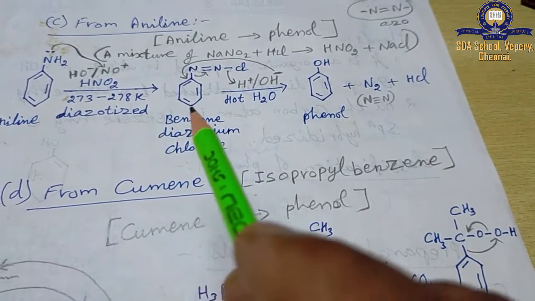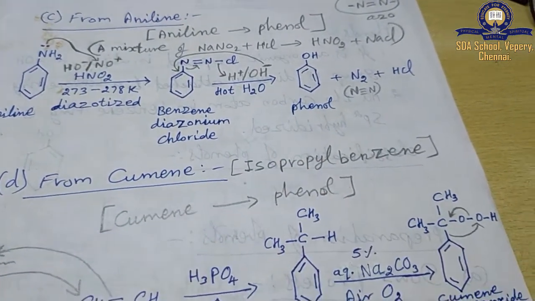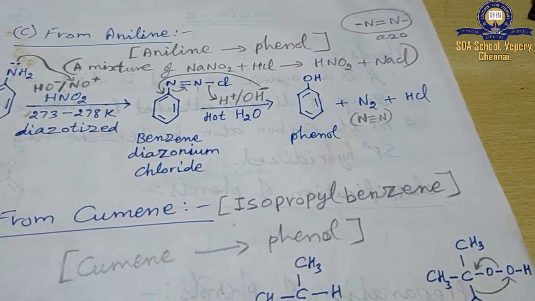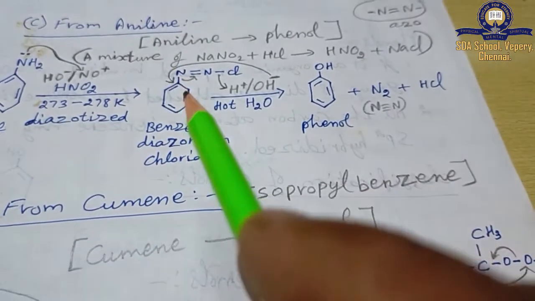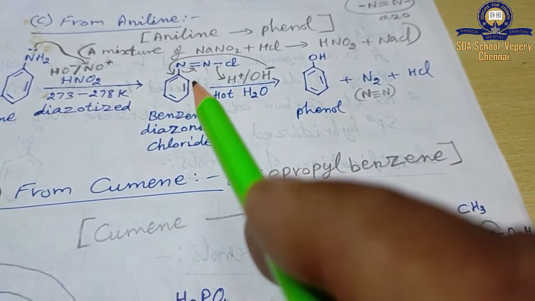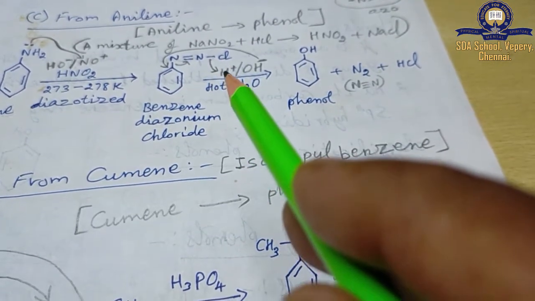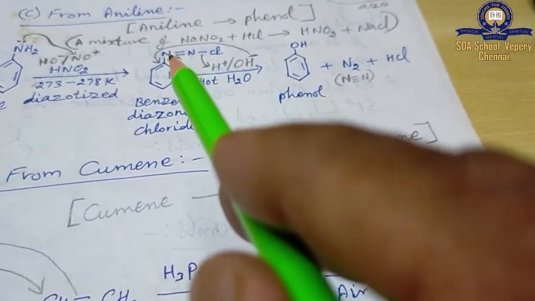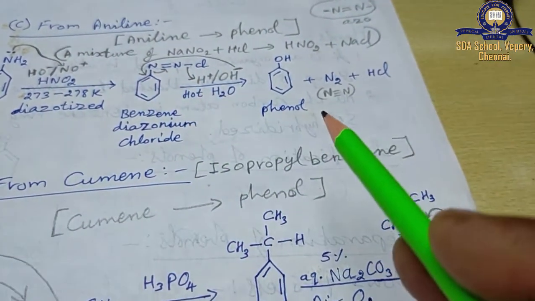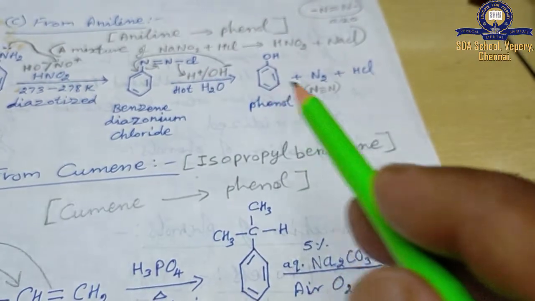In such a way, there is formation of benzene diazonium chloride. Then it is allowed to react with hot water. The hydroxyl group, a nucleophile, is going to attack the carbon attached to the nitrogen, and this bond switches over to form a triple bond between the nitrogens, and this one switches over to H plus. So this OH minus attached to the benzene ring will give you phenol. Then nitrogen will form as a nitrogen molecule with a triple bond system, and hydrochloric acid from this H plus and Cl minus.